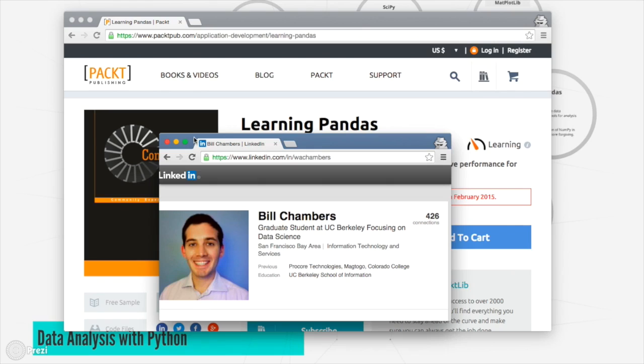This course is going to give you the tools to analyze data in Python using the immensely powerful and popular Pandas library. I'm Bill Chambers, and I'll be your instructor for this course. This course came about because I've just recently helped edit a book for Packt Publishing titled Learning Pandas, and looked around for some modern video resources that covered the same material. I couldn't find any, so I decided to spend my time recording what I know and making it available to